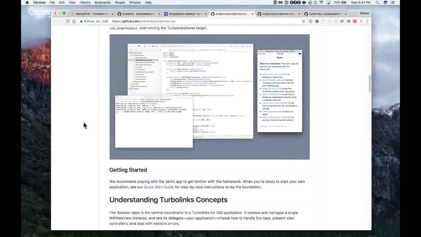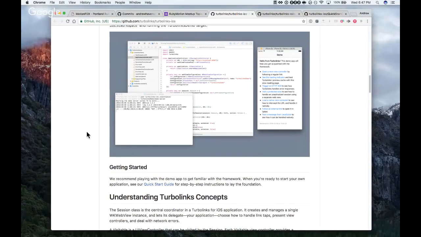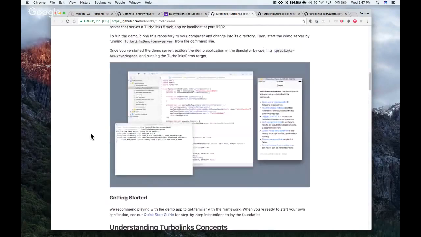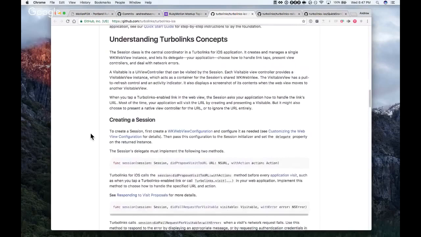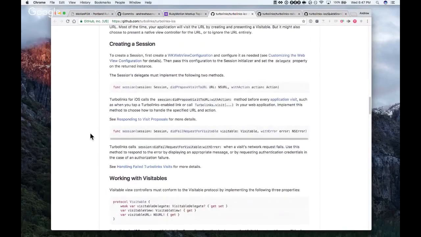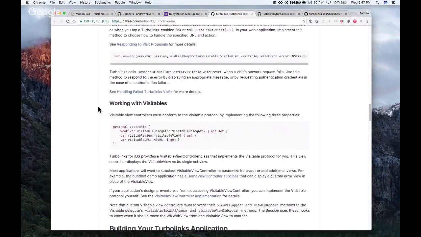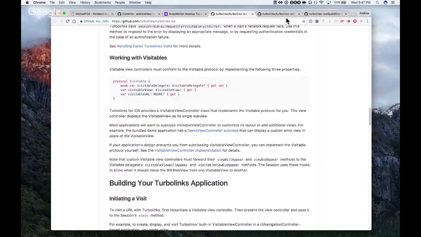I was just starting to go through getting Turbolinks set up here. Its documentation examples are in Swift. The interesting thing, I think, is that Turbolinks iOS is written in Swift, so we have to make some changes to make that compatible with RubyMotion, but Turbolinks Android should just work out of the box with RubyMotion. I haven't tried it, so I don't know for sure, but I think there are fewer hurdles to overcome with that.